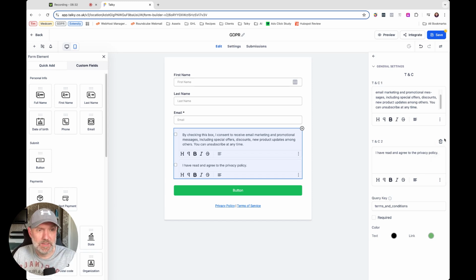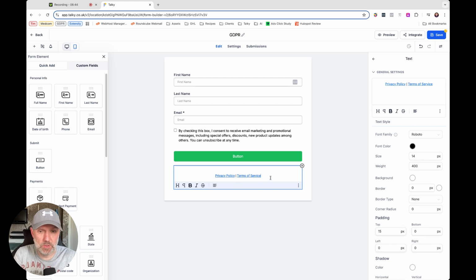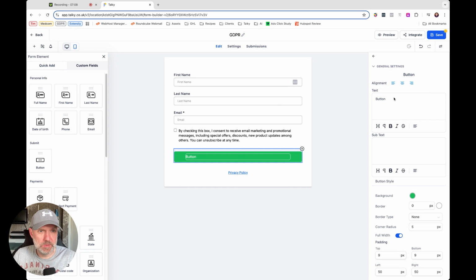So what I'm going to do, just delete this one off, so we know if someone ticks this box, they are definitely consenting to email marketing. All I need to do around the privacy policy thing down here is just make sure it's an accessible link that people can visit at the time that they are consenting. So you just want to come in and make sure your privacy policy links to your actual privacy policy. I'll just add in a description to the button. Submit will do, but something like yes, send me my lead